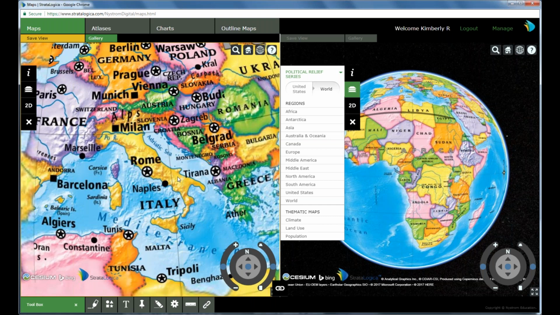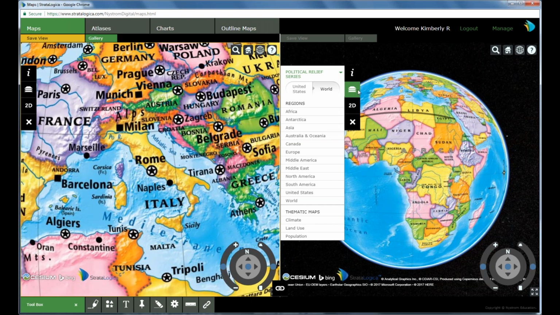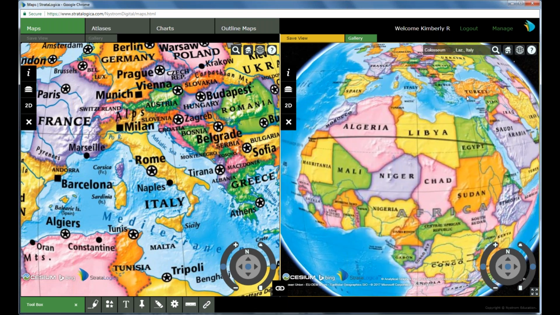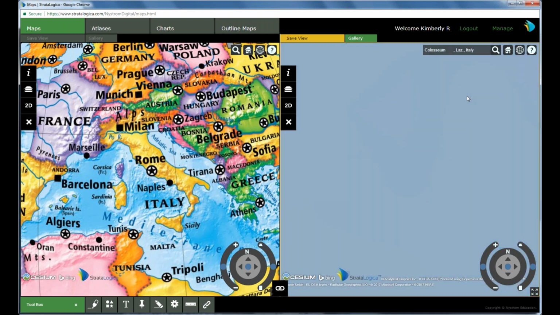Very nice. And then on this side, I'll also take this opportunity to show the search button, and it'll take us down into